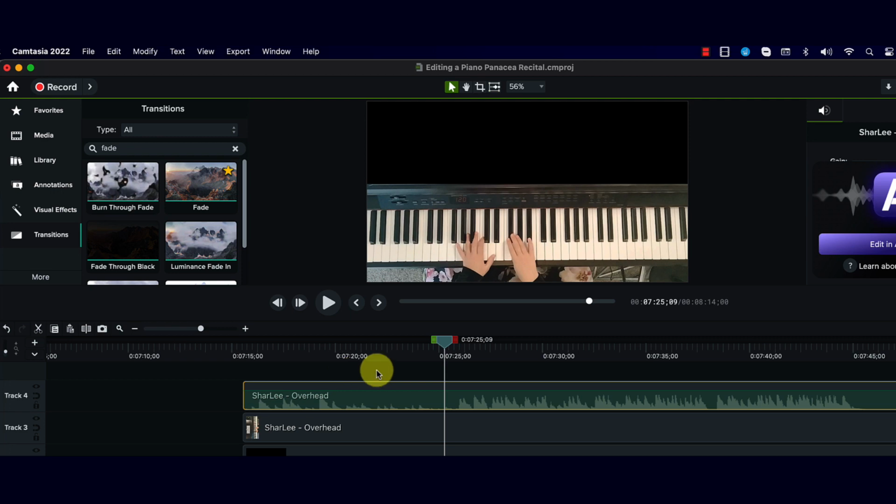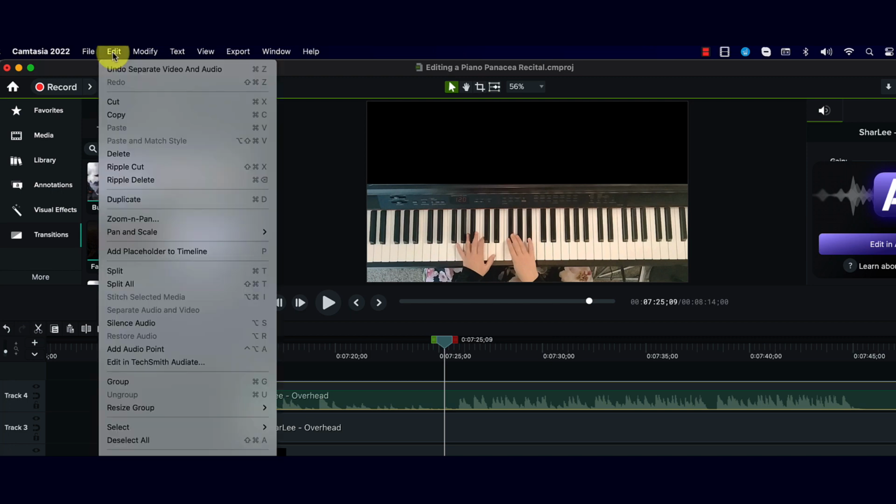Now you can also go up to the menu under Edit, and again this same feature, separating audio and video, is right there, right above the silence audio. And once again, we can't highlight it because we've already separated the audio and video for this track that we've selected. But that is the other way that you can